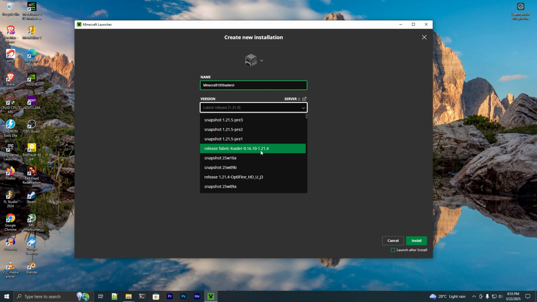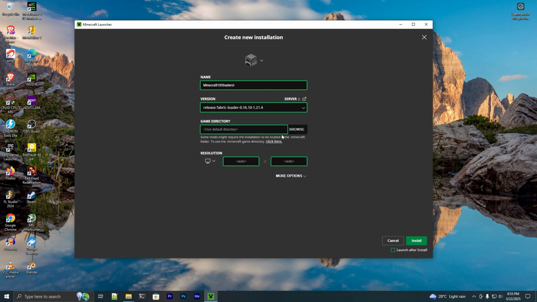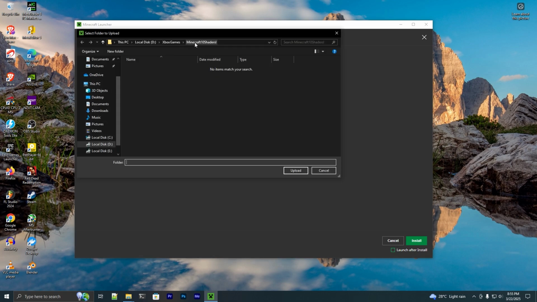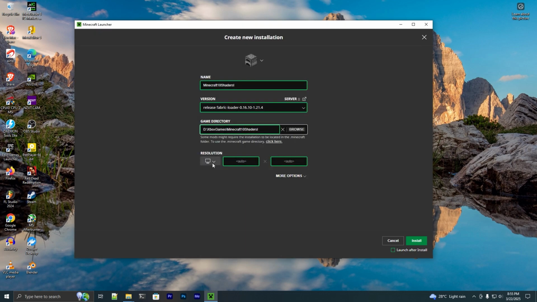I select this fabric loader, and here you have to select the installation location where you want to install the new game. I select this folder I created previously, and here you have to select the resolution for your Minecraft installation. I select this resolution, and